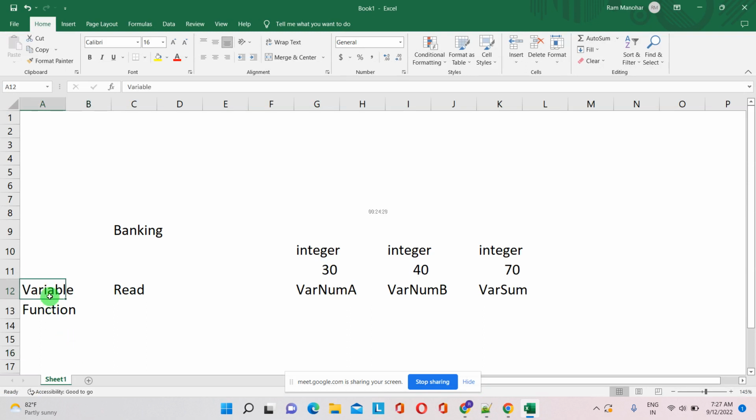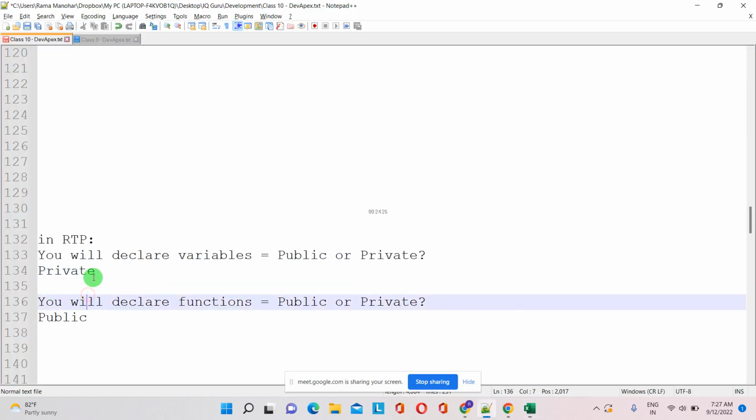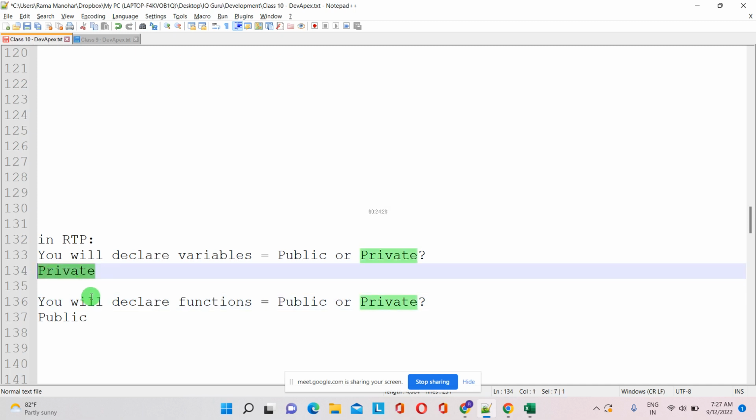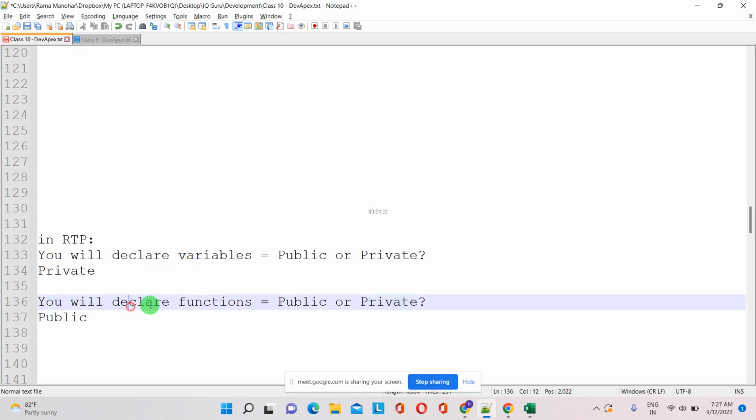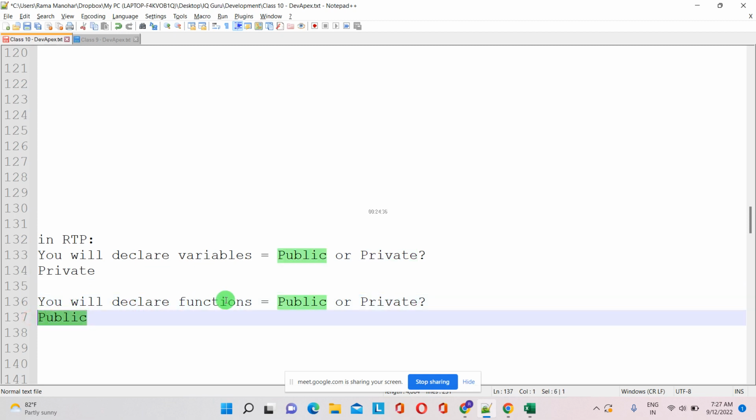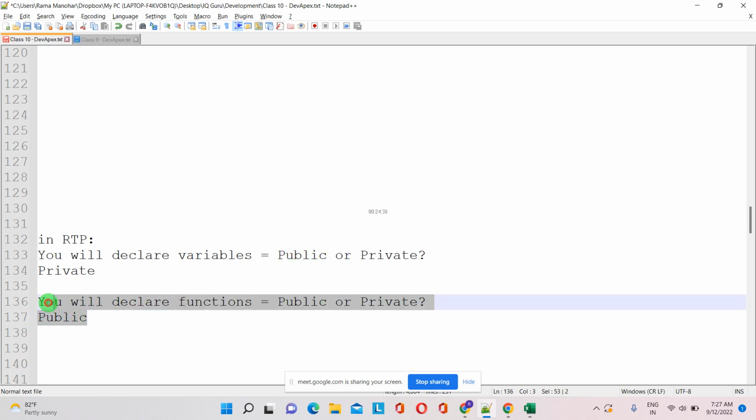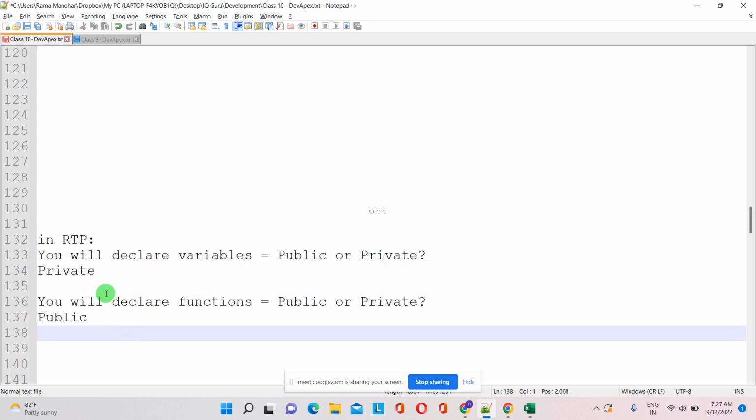If you give public, everyone can access it, so variables will be given private only. That means only specific people can access those variables. Do you declare functions as public or private? Public. So now we can see how these things work